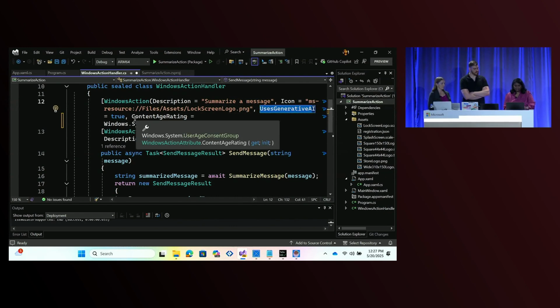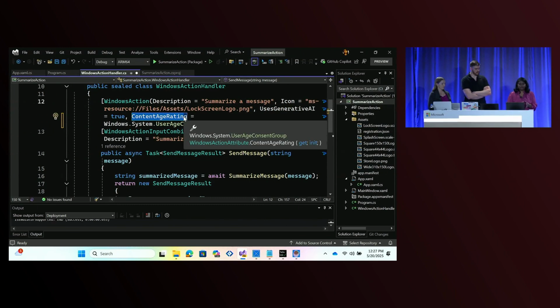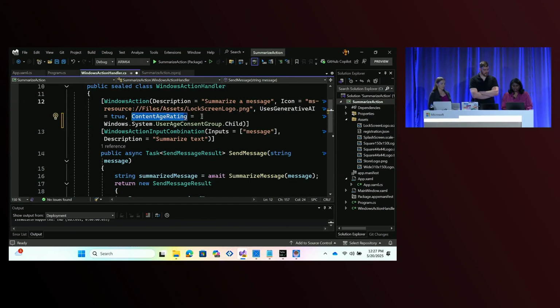The second attribute I want to draw your attention to is content age rating. So this age rating is informing the consumer of your action whether your action is meant for child accounts, minor accounts, adult accounts, or for everyone. I do think summarize should be available to everybody. I have added this here just as a point of reference for you when you go look at this file.